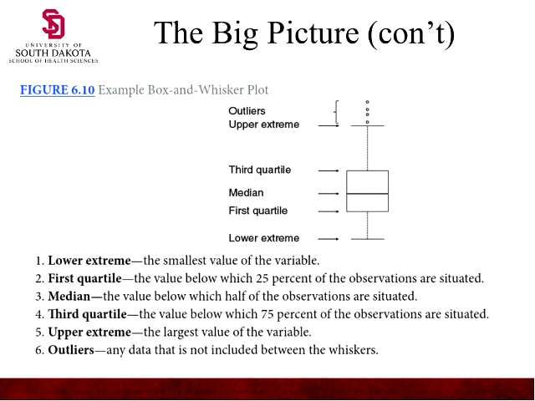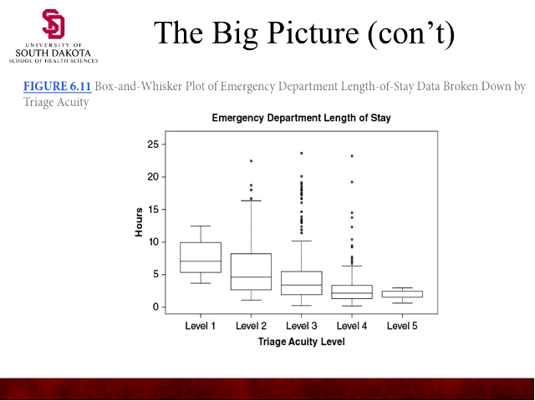We use what's called a box and whisker plot, and these are kind of interesting to me. The lower extreme, the smallest value of the variable, is down here. The first quartile is here, and the median is right here, so the median is the center of the data. The third quartile is here, so we're at 75th. At the first quartile, 25% fall below this. At the third quartile, 75% fall below, and the upper extreme is out here, and then we have outliers that fall outside. I always found these to be less than helpful over time, but a lot of people like them for whatever reason.